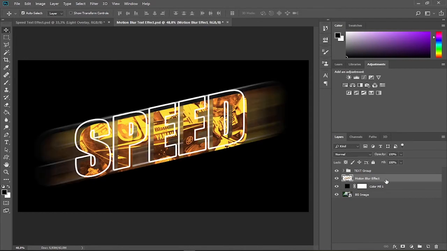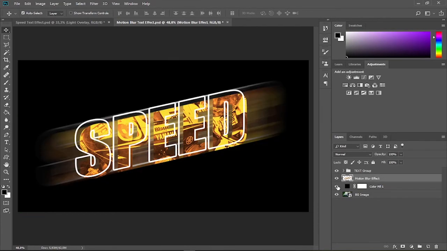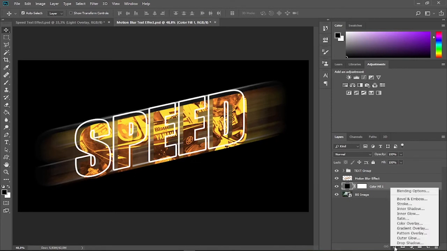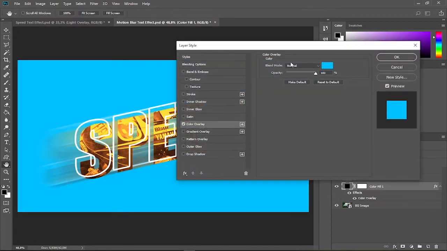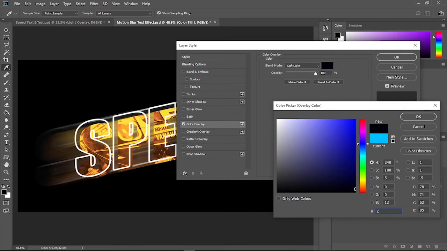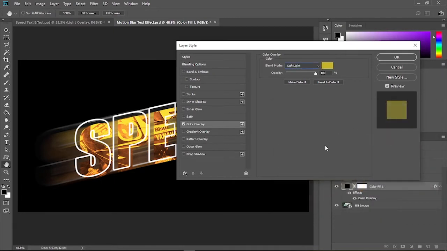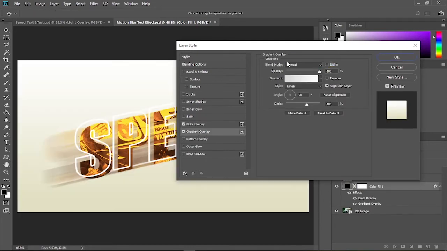That's it. But you might also want to add a background image for your text. Because we already have the background image layer under the black color fill, we simply need to deactivate the black color fill. Or if you want to blend the color tone, activate the color fill again and select on it. Then add some layer styles by clicking this FX icon and give it a color overlay with soft light blend mode. Here I give C5B52A for the color. Then give it a gradient overlay with normal blend mode.